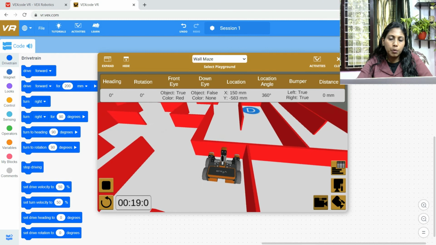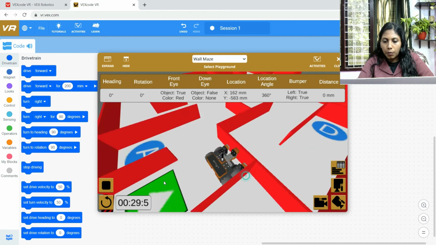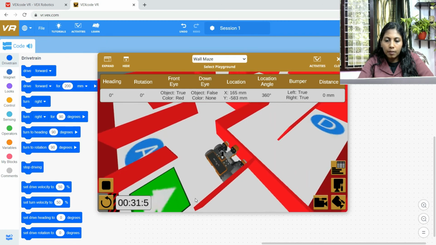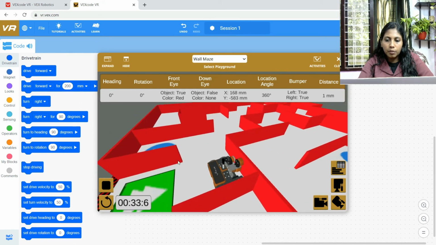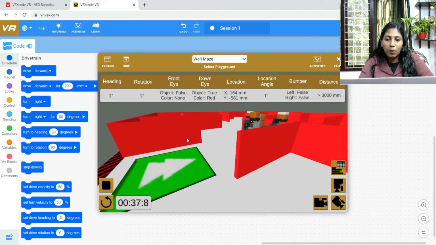So what I am supposed to do is reach the wall, and from there take a turn. From here you can understand that I could have taken a turn to the left side. But as of now we don't have any control. The robot is still trying to hit the wall, the wheels are still rotating, it's jerking and trying to climb the wall. So it's not the correct condition.